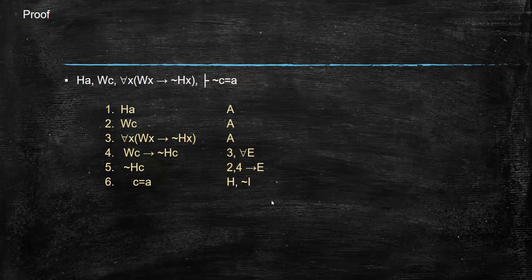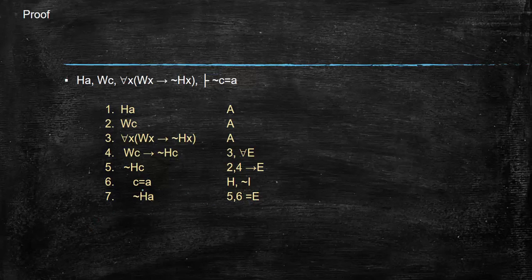Well, now we have that C equals A, and we have HA, and we also have not HC. So this is going to allow us to substitute either A for C or C for A. So take your pick. We can have it's not the case that HA by 5, 6